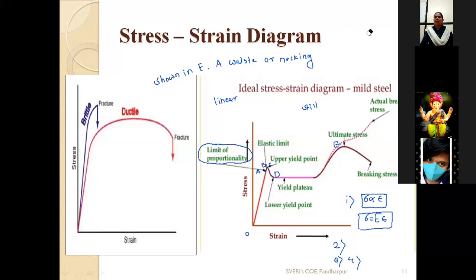Full stop. The stress corresponding to E